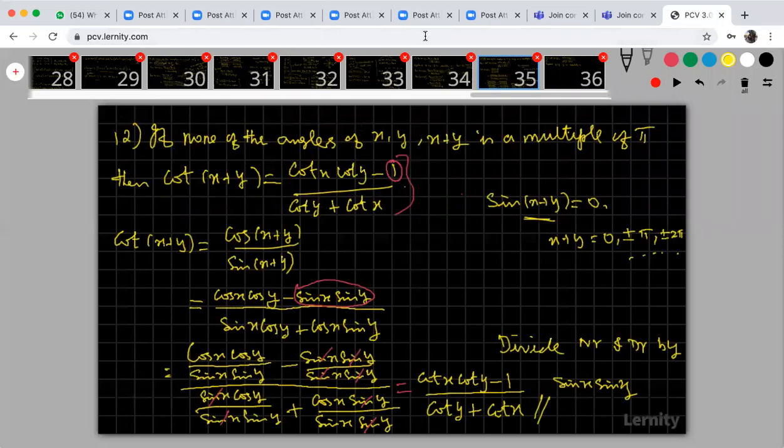Some of the students are asking about the 35th slide. I don't know. Please get ready for the exam. I don't know which month, week or day, but definitely you are going to write the test. Get ready for the test, particularly in maths, because for other subjects you are studying and writing tests every week. On weekends you have a test in physics, chemistry and biology. But in maths, you are not writing the test every week. So please get ready for the maths test and complete the first two chapters.